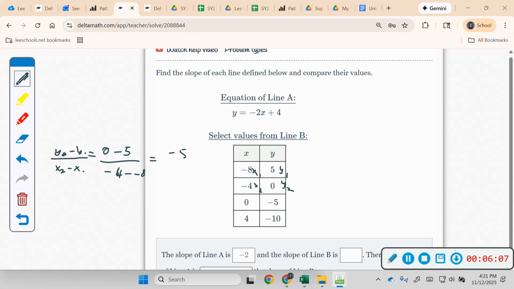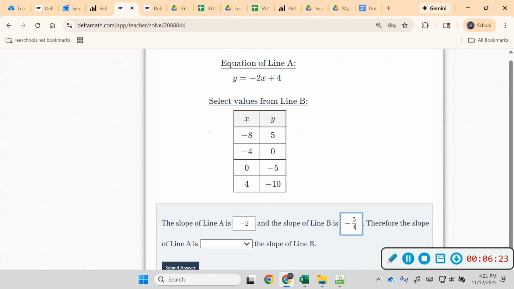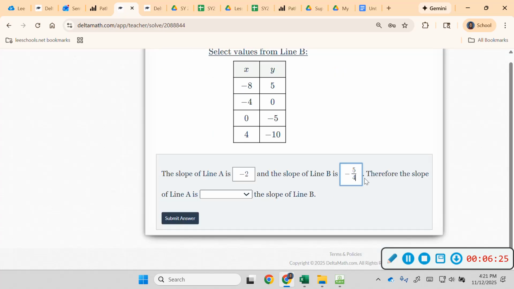So negative 5 over negative, negative is a positive, so negative 4 plus 8 is positive 4. That would be my slope, negative 5 over 4. Which one's bigger? Well, negative 5 over 4 is negative 1.25, so in this case this is a bigger number, and A is less than